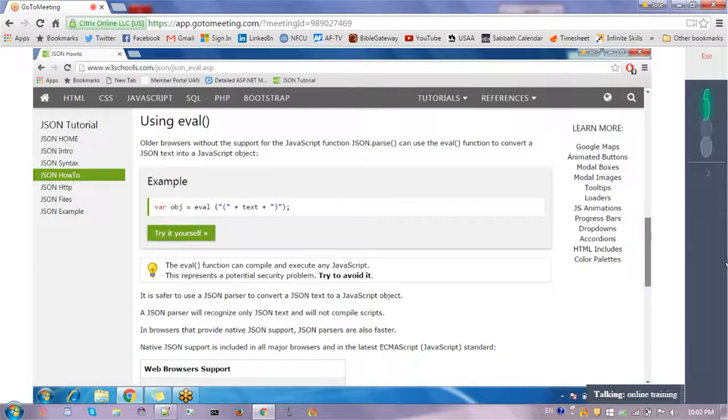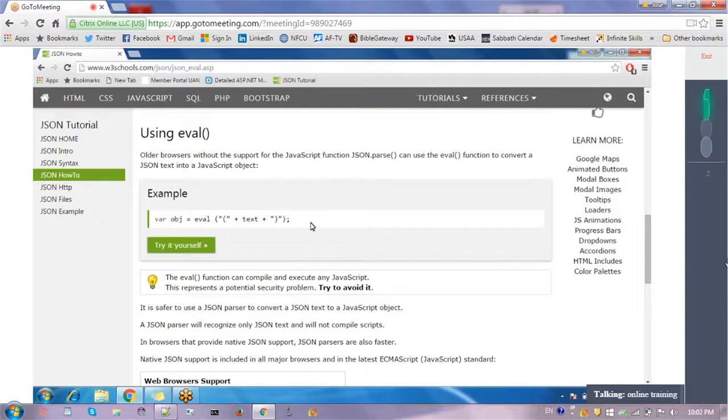Okay. Here also there is another method, which is the eval method. Older browsers without support for the JavaScript function JSON.parse can use the eval function to convert a JSON text into a JavaScript object. But nowadays all the modern browsers are supporting the JSON.parse or JSON.stringify method, so you need not worry about that.